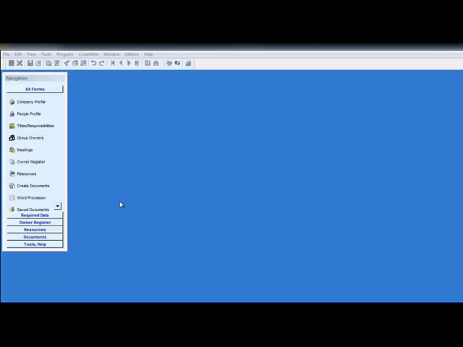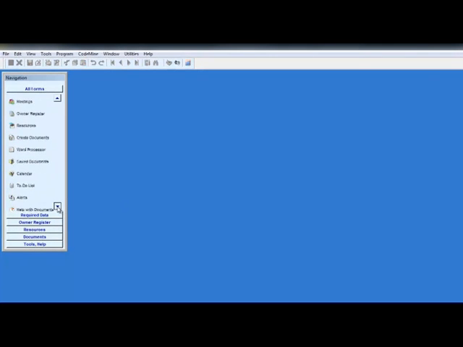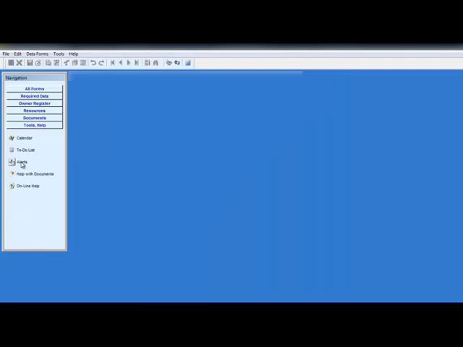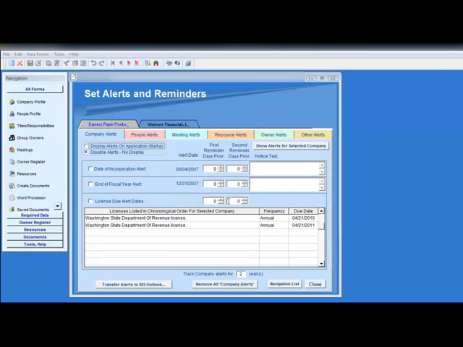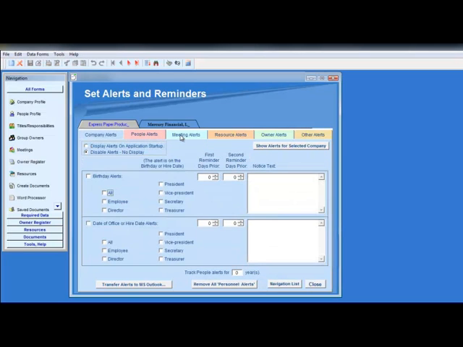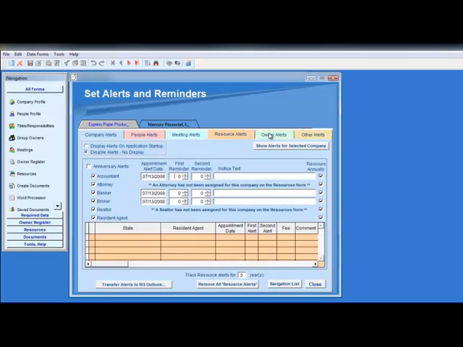Alerts can be opened by moving to Alerts on the navigation toolbar and clicking on the Alerts icon. Or you can click on the Tools help bar on the navigation toolbar, then click the Alerts icon. Third, you can click on the data form on the main menu, then select Alerts. The Alerts feature will warn you about everything from birthdays to when licenses come due, and when shareholder and director